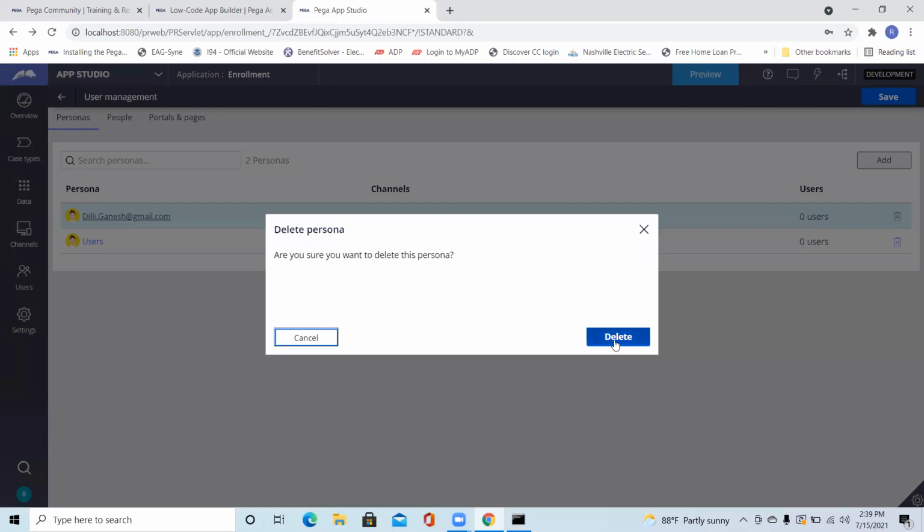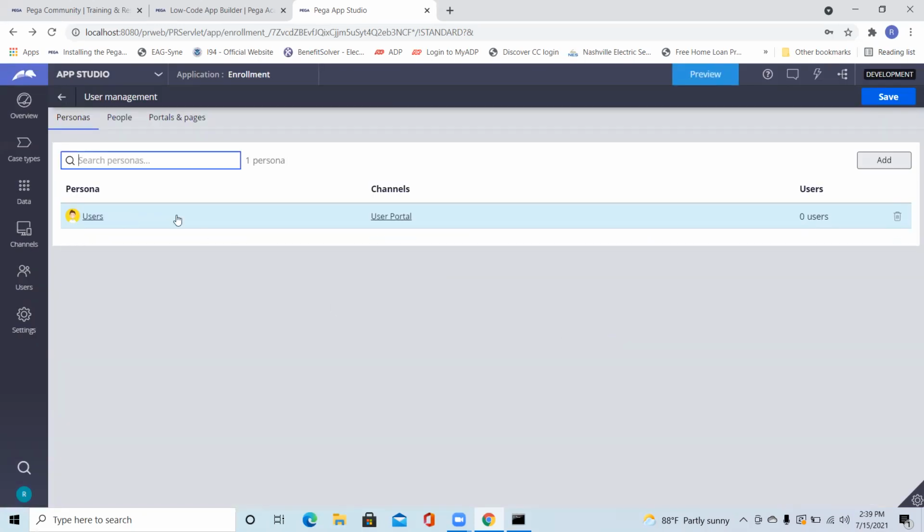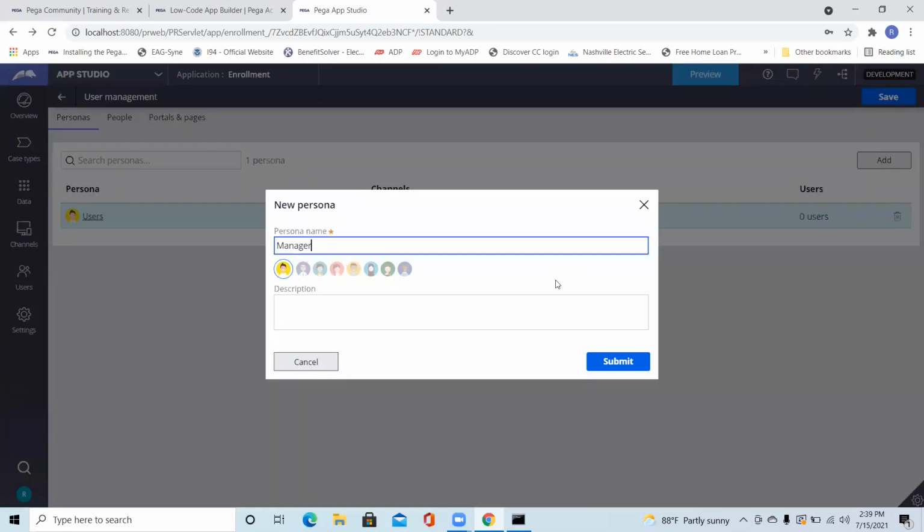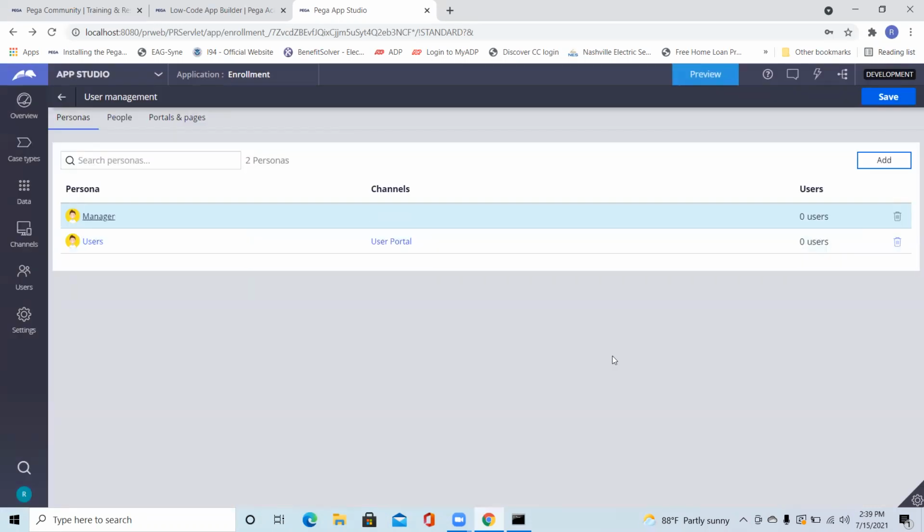Sorry, I said the wrong thing. They have created this person as what type of group actually? A group of users or type of user, you can say that. One second. Okay. So person as is like they are saying user site and it will be user portal. Let me add it as a manager. But they're not asking anything, right? Where could I give the portal?